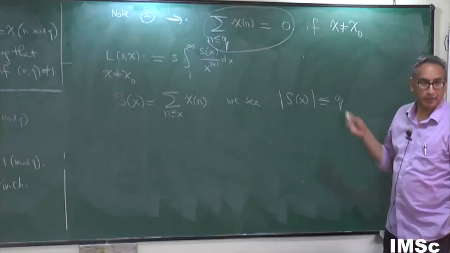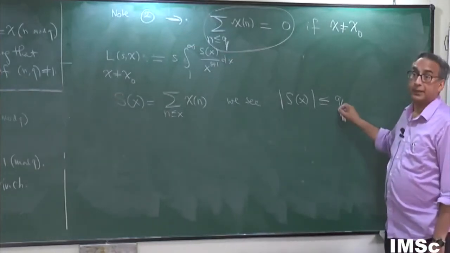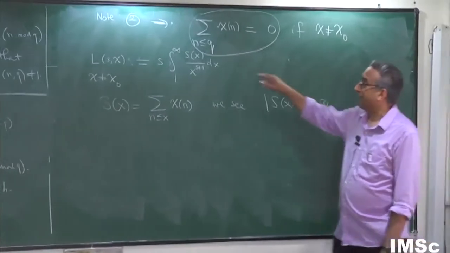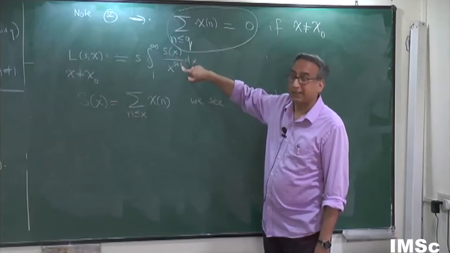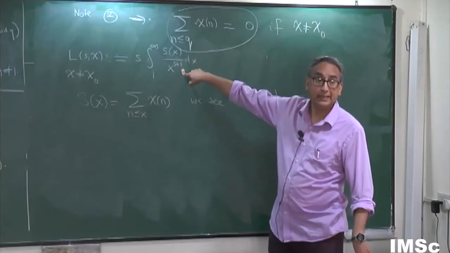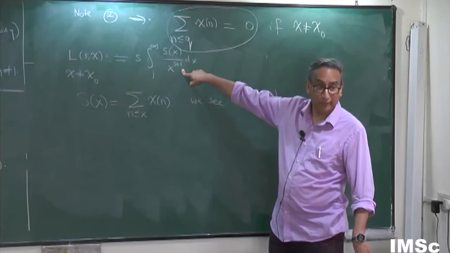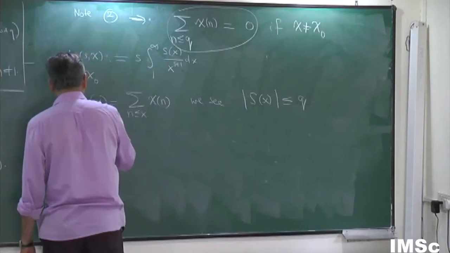You can do better, but we'll not worry about that now. In other words, it's bounded. Now, if it's bounded, this integral converges for real part of s bigger than 0. Yeah. So therefore, we see